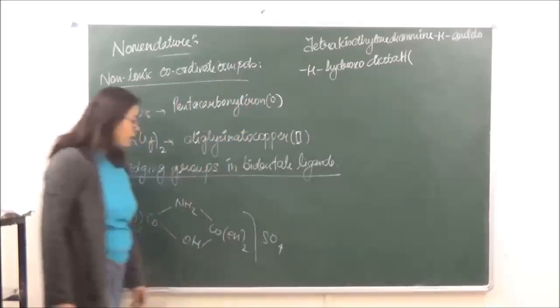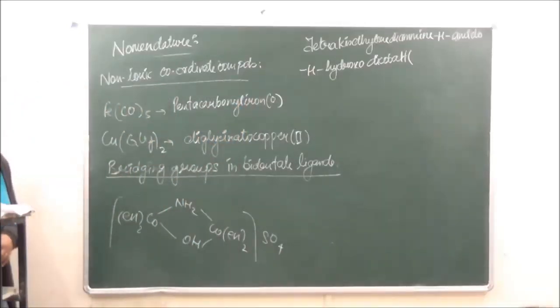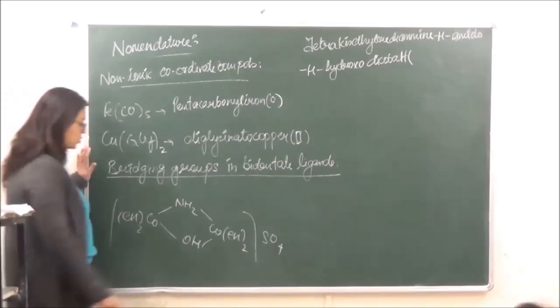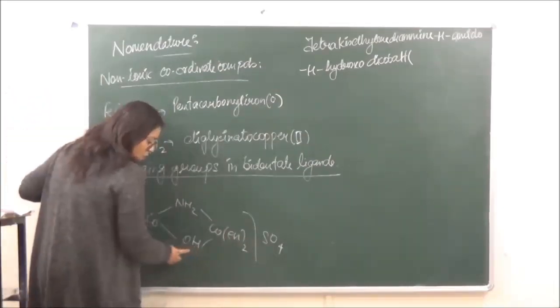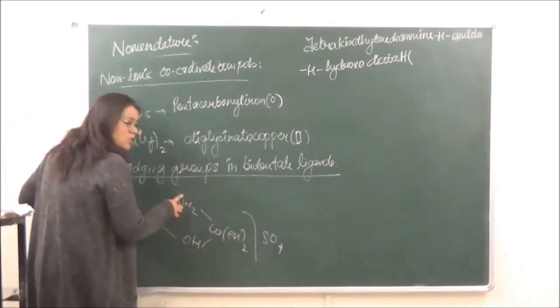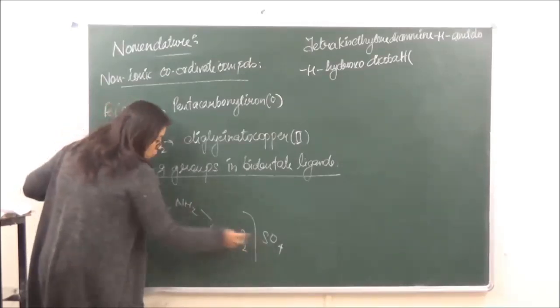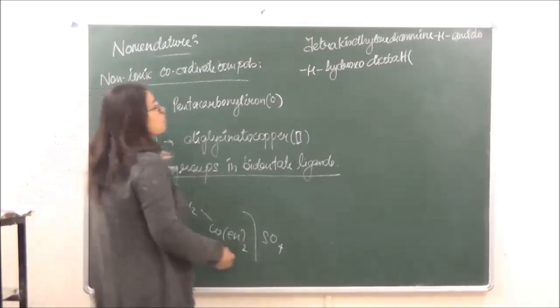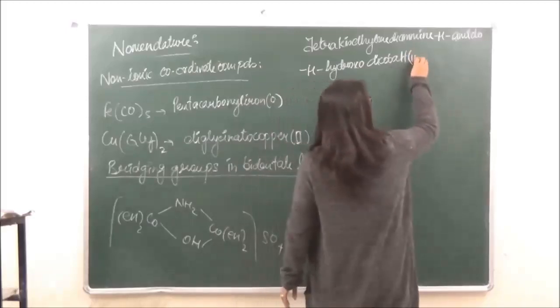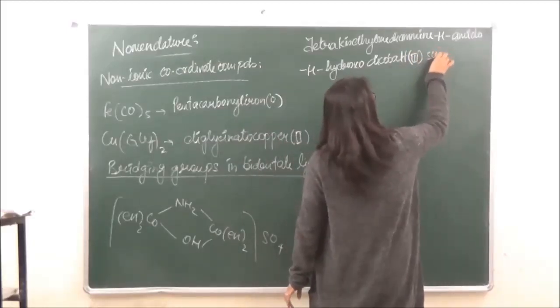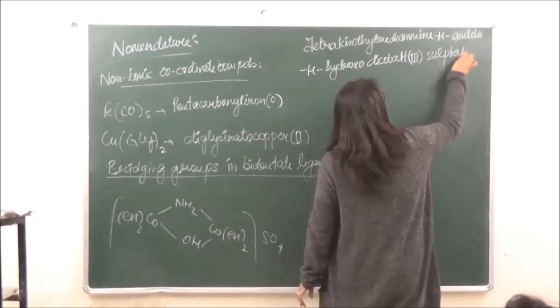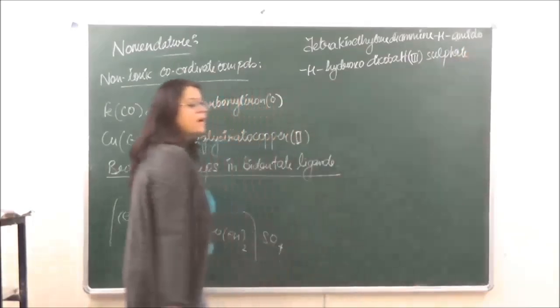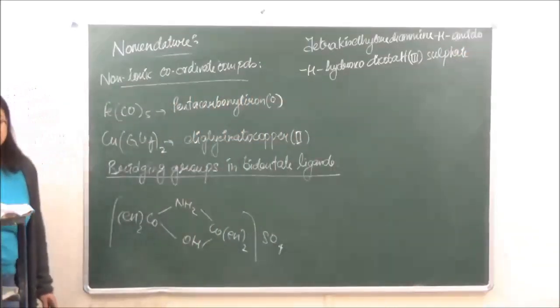Okay, and how will you find the oxidation state over here? The oxidation state will be written as the oxidation state of the cobalt which may be present. Now over here this is 2 negative, this is 1 negative, this is neutral, this is also neutral. So we have 2 and 1, that is equal to 3. So we put the oxidation state as 3 and the counter ion sulfate.